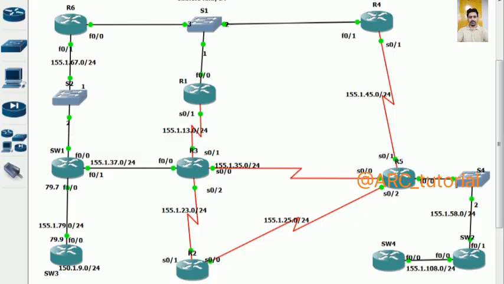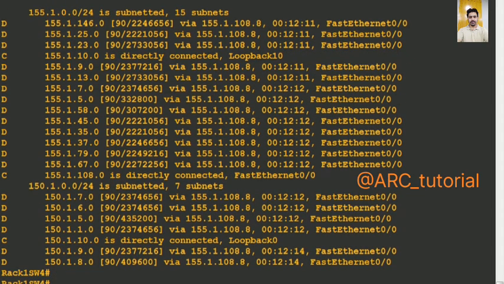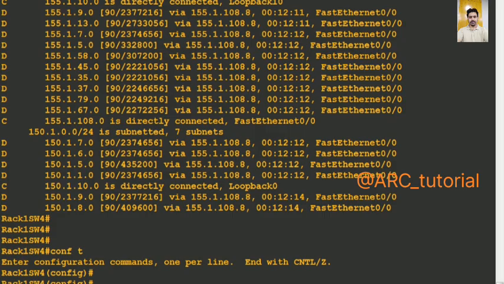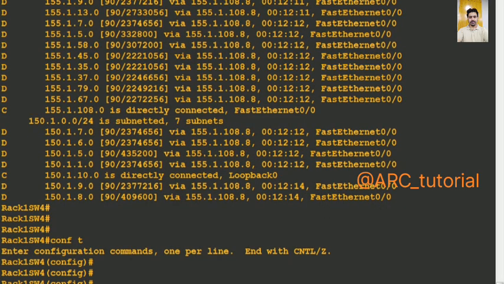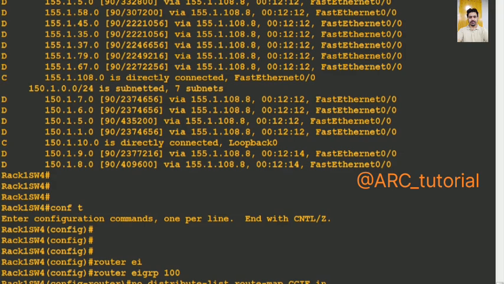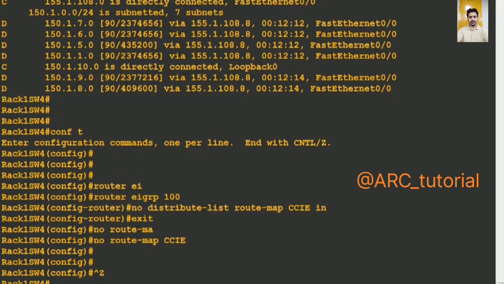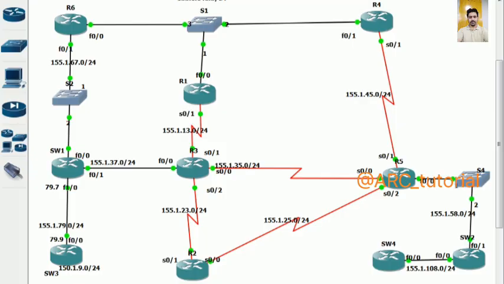So in this way you can create a route map. This was simply a demo of route map. With using route map we can perform a lot of things, and we are going to perform all those things now. Let's move again back on switch 4. Route map, router EIGRP 100. Just remove this distribute list from here now and say no route map. Any problem? Now let's move on R5,